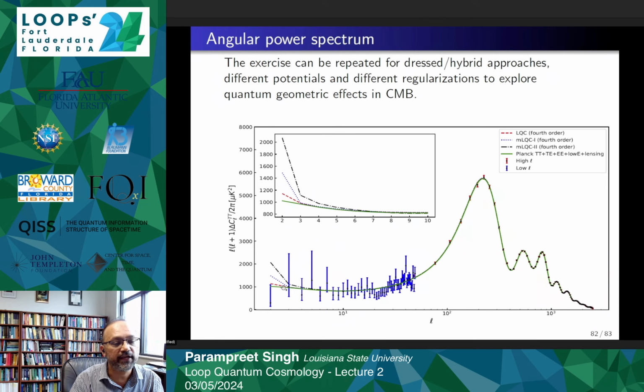And you can see that LQC has a beautiful match throughout with the lambda CDM. And it is giving here some power enhancement, but this is for adiabatic states. If you choose special states, which are very well motivated, like what Ashtekar and Gupta, or non-Gaussianities like Gulo and Srinath have done, then there is a power suppression, which is possible. And then this can be explained. So since I have